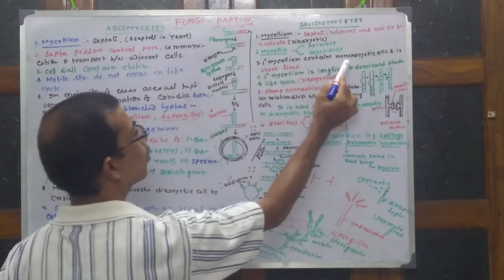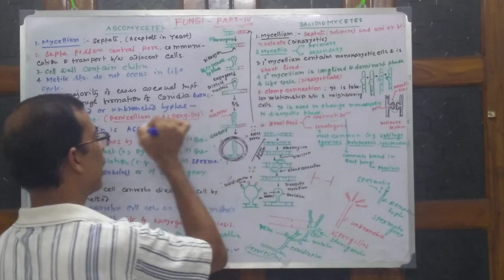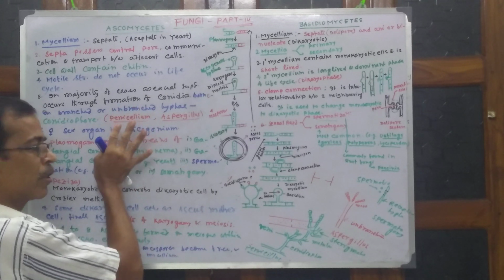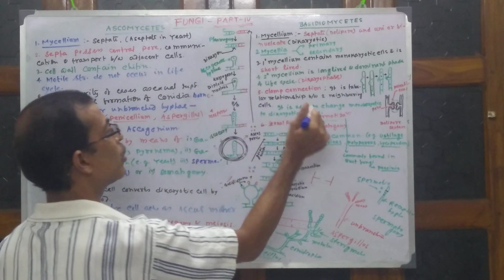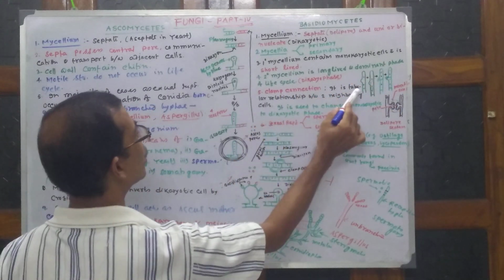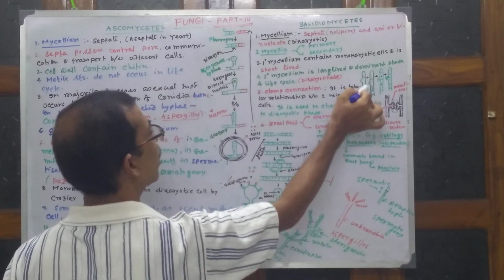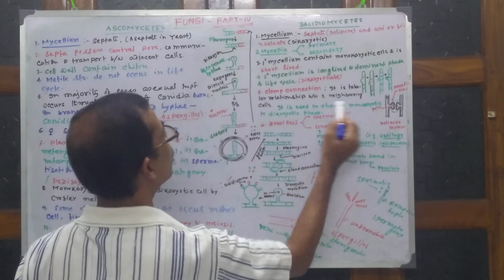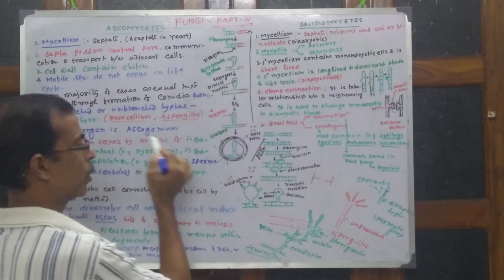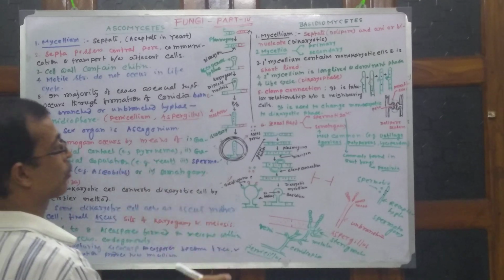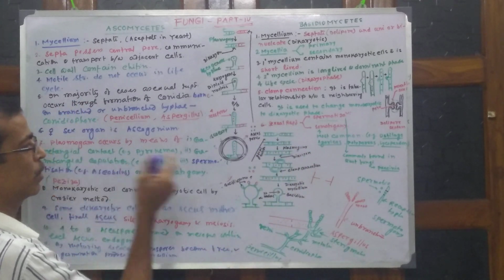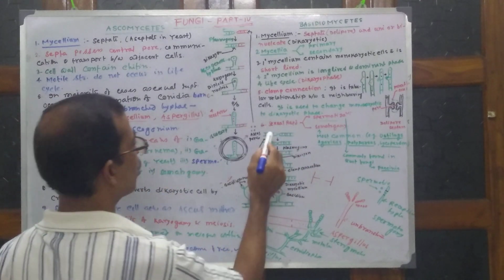Mycelia are of course primary and secondary. Primary mycelia contain monokaryotic cells and are short-lived. In Ascomycetes, I have told you that the monokaryotic stage is long-lived and the dikaryotic stage is short-lived. But here, the dikaryotic stage is long-lived and is the dominant phase of the life cycle. Clamp connection is a tubular relationship between two neighboring cells. It is used to change monokaryotic to dikaryotic; this clamp method is used to convert a monokaryotic cell to a dikaryotic cell. Here also, no motile asexual spores are present. About sexual reproduction,